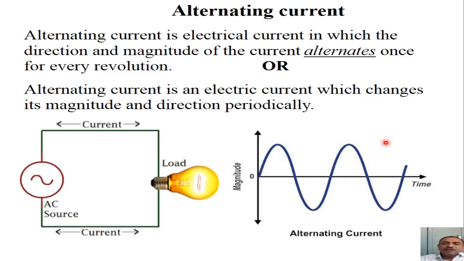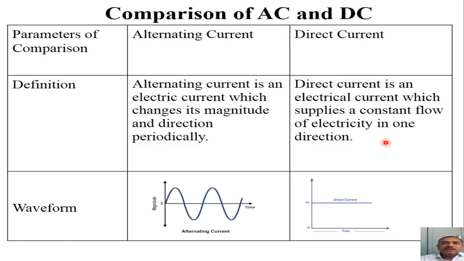Once we got the idea about the direct current and alternating current, then let us see the comparison of alternating current and direct current, as many times we come across the comparison, and for students this is also an important subtopic for understanding the alternating current and direct current. Here we have done this comparison on certain parameters.